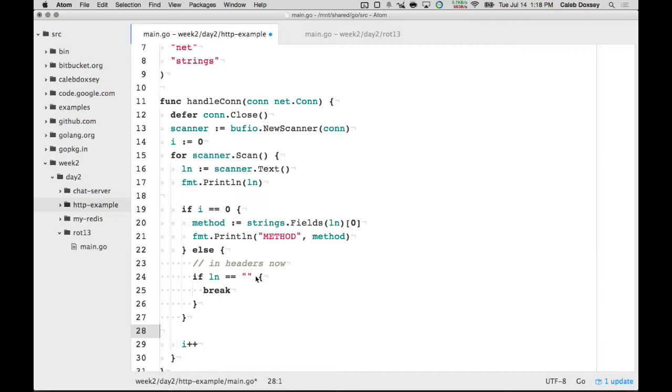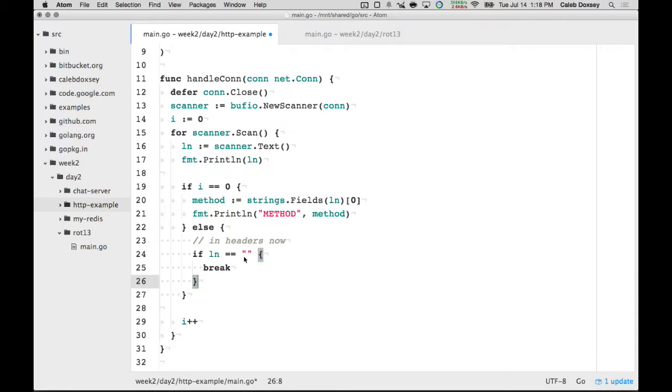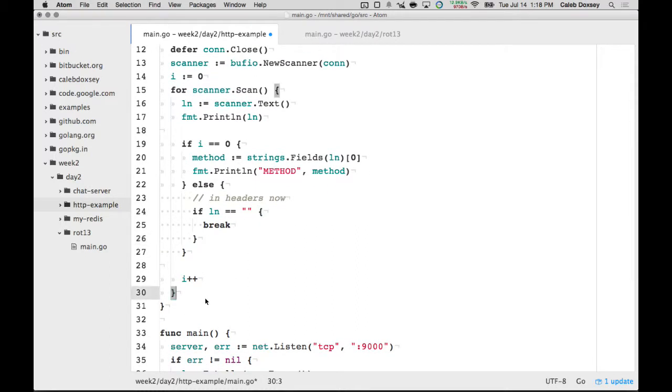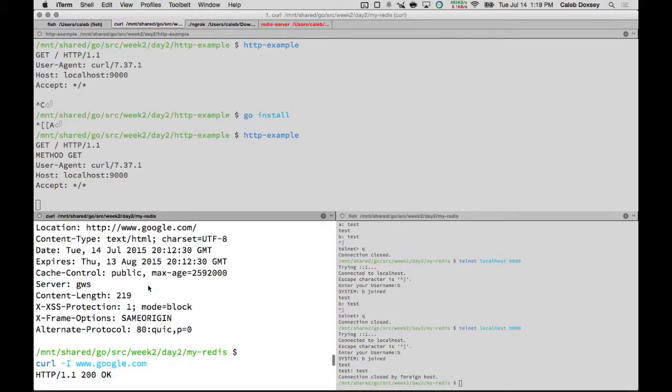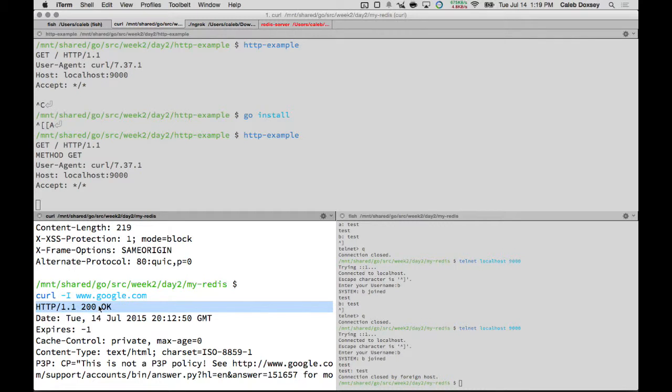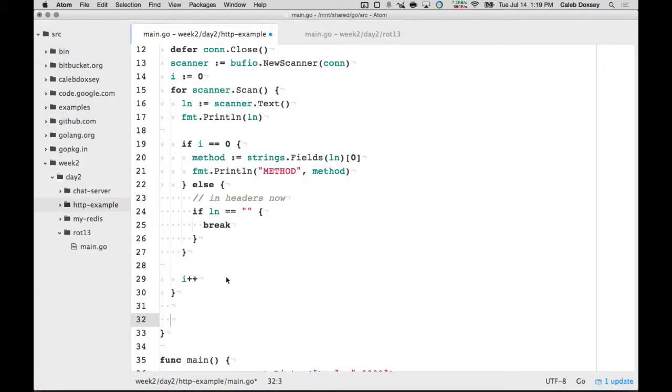Okay. So if line is that, and say method is GET, but we don't have to do that. We can just treat it like that for now. And so that's how I can know I'm out of the headers, right? And so now if I wanted to respond, I have to format my response in the format that it wants, right? And so we saw from this example, that's the format. So I'm just going to put that. I'm going to send that to the connection. You can use WriteString, or we can use fmt.Fprintln, but we'll use WriteString. They both take a writer. Yep, con, and then